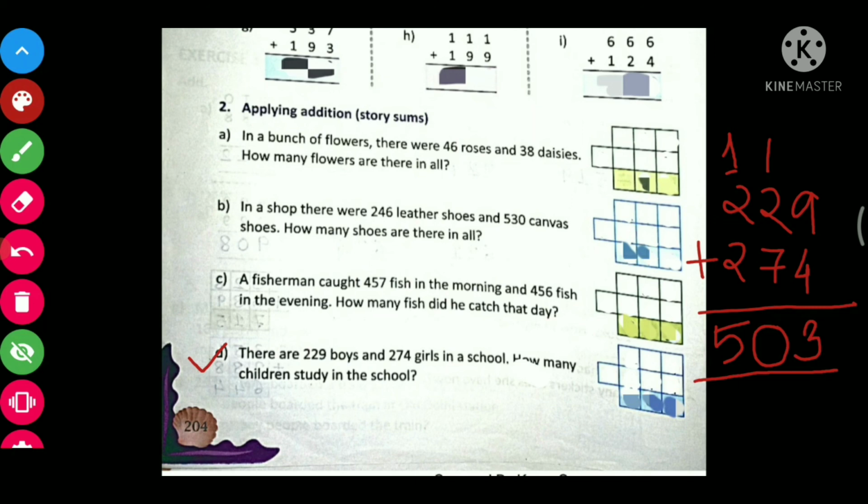So in our next class we'll learn about the application of subtraction. Okay, how we can subtract the higher numbers, where we have to apply subtraction. All these things we'll learn, okay, in our next class. Okay, so that's all for today.